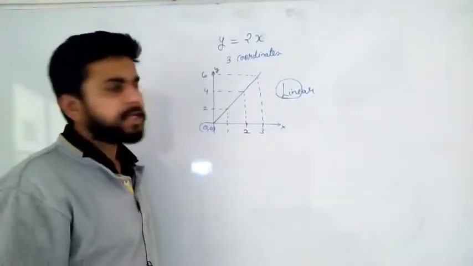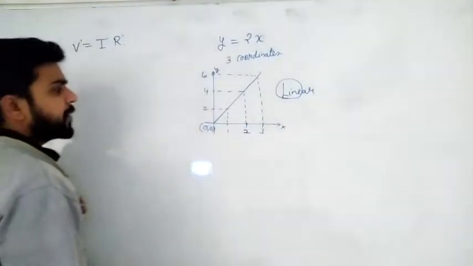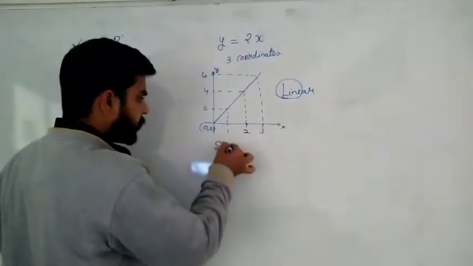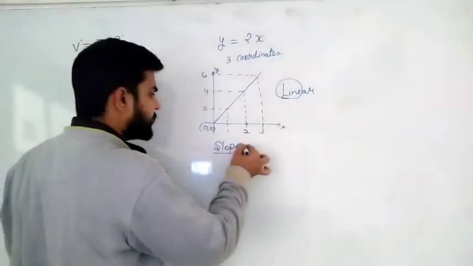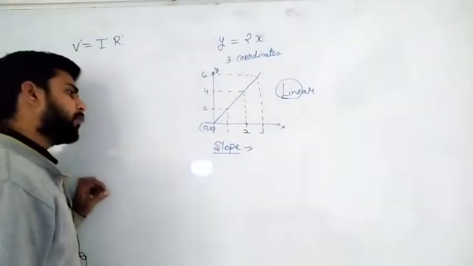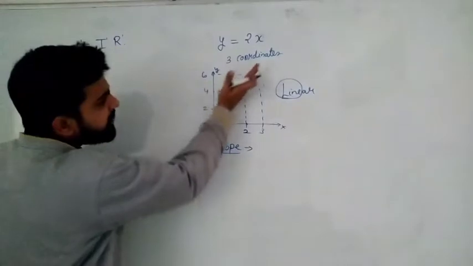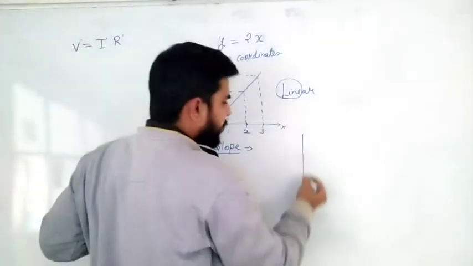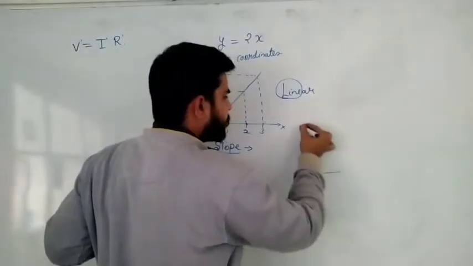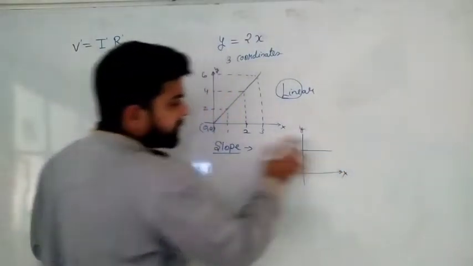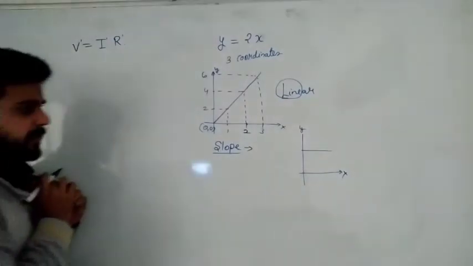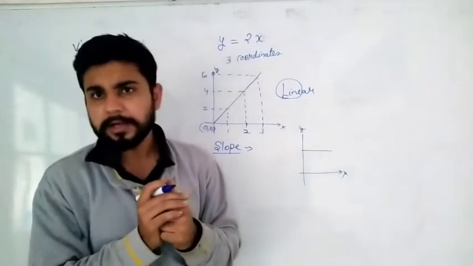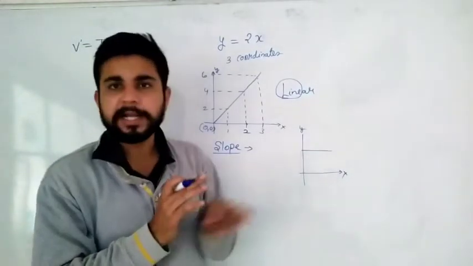Now, in this linear equation, if we want to calculate the slope, do you know how to calculate the slope? Generally, we have already studied it. Sir, what is slope? Is there any slope in this graph? Yes, sir, we can see the slope in this graph. One more graph I am trying to make here, just wait. This is the y-axis, this is the x-axis. Is there any slope in this line of the graph? You will say no slope, sir. It looks straight, there is no ढलान in it, sir.